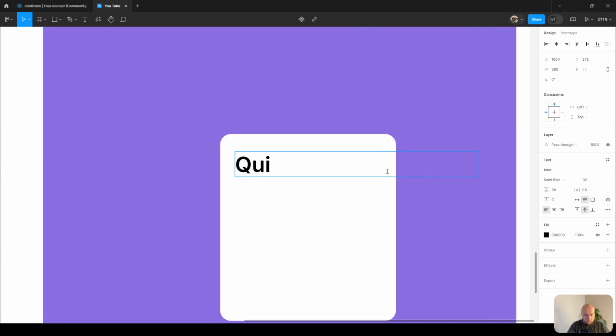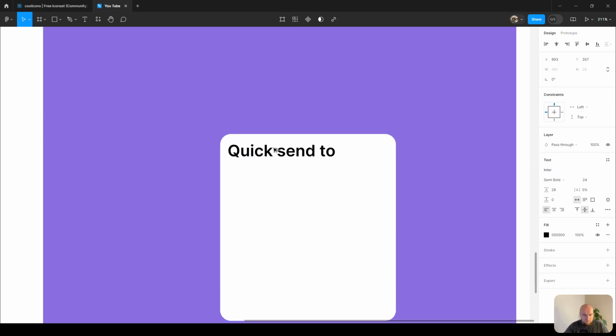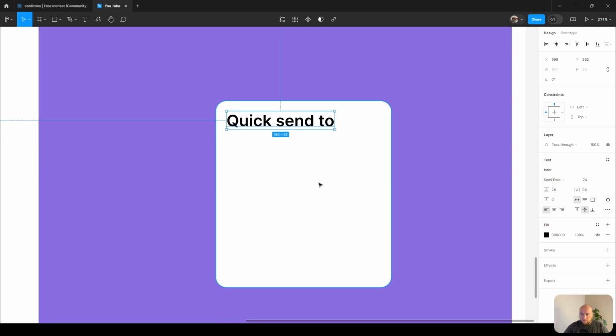For example, quick send to somebody. Let's make it smaller, 24, 28. $16, and